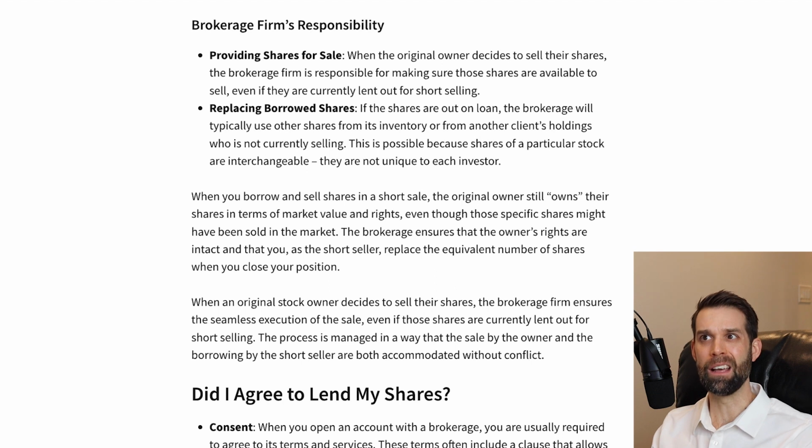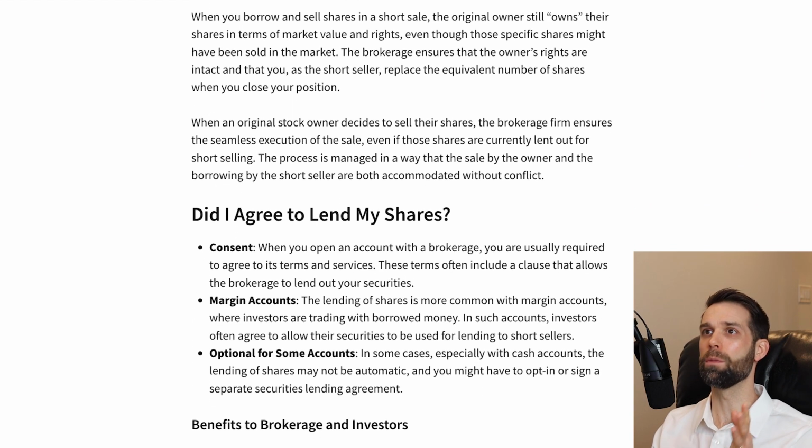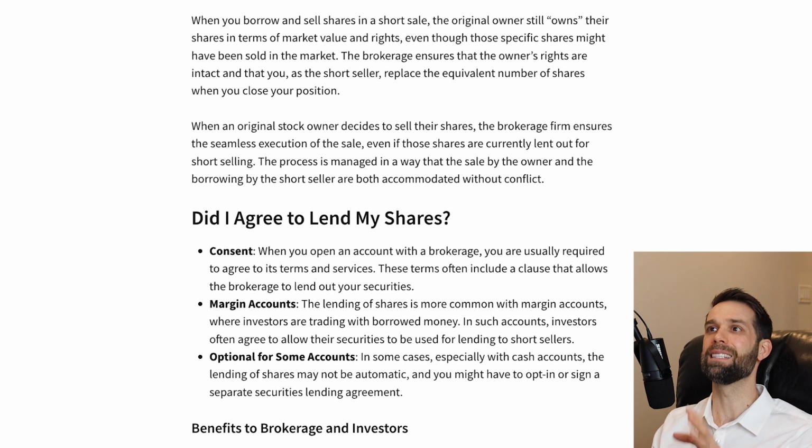So that won't happen. Your brokerage will have access to the shares if one of their clients needs to sell them. So that's their responsibility, replacing the borrowed shares and then having shares available when any person wants to sell them. So, to hammer home this point,